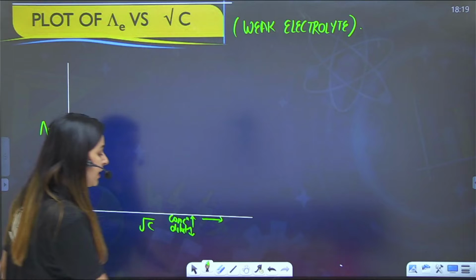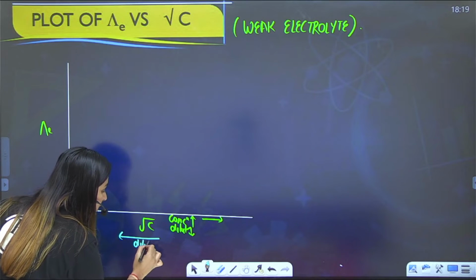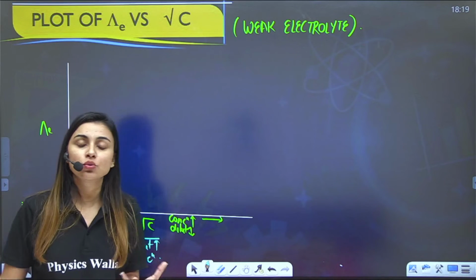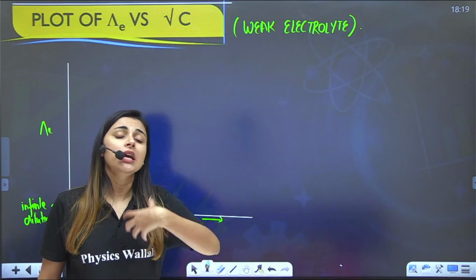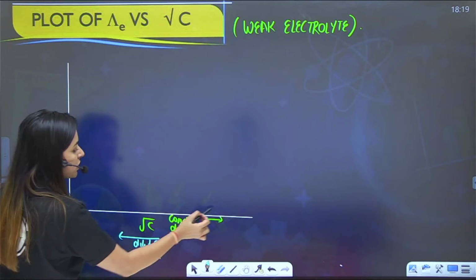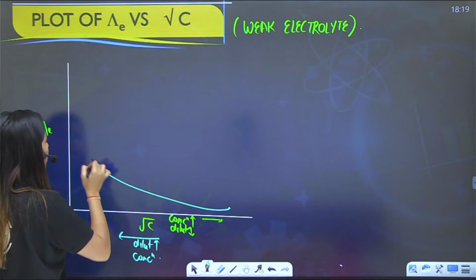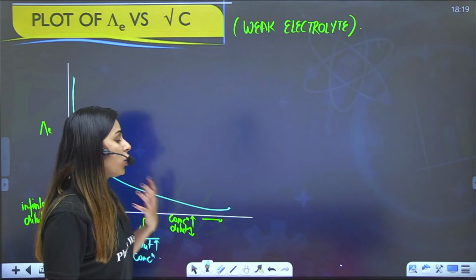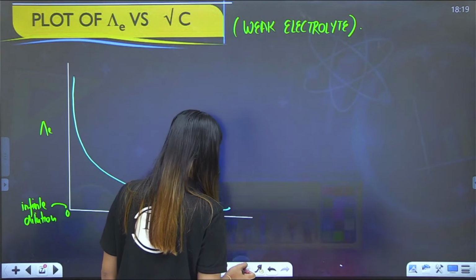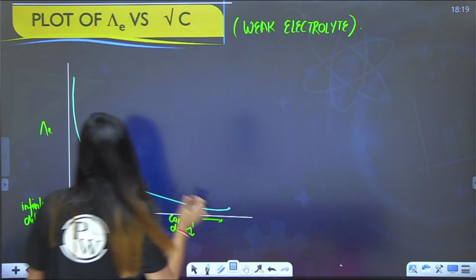Now I know that in this particular direction your dilution is increasing and your concentration is decreasing. So this means that more the dilution, more will be the ionization of the weak electrolyte, and more I will get the equivalent conductivity. Using that concept, when the scientists plotted a graph, what did they observe? They observed a plot something like this. So now this was a very challenging task, because if you see here, my dear students,